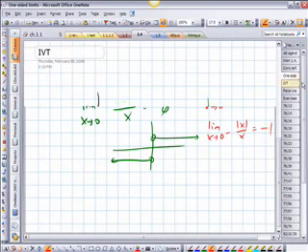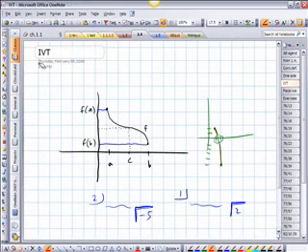This is called the intermediate value theorem, or IVT. It relates to continuity and something you've generally been taking for granted because many of the functions you've dealt with in the past have been continuous, like polynomials. But the idea is if you have a continuous function and we have points at a comma f of a